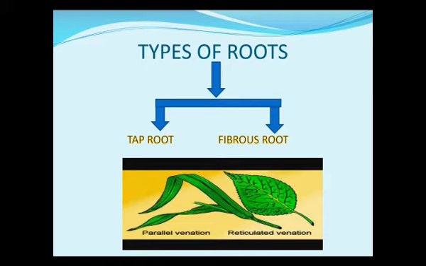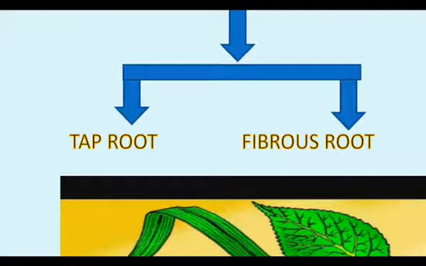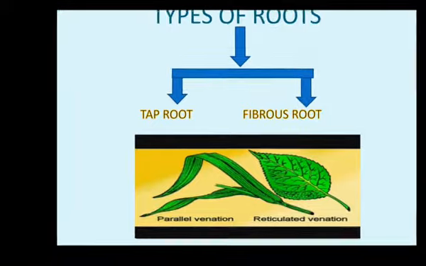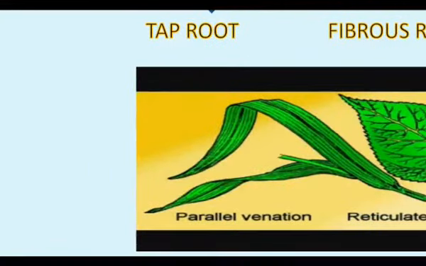Now we will study types of roots. Yes, the roots of plants are also of different types that we are going to study in this chapter. Mainly, the roots of the plant are divided into two types: taproot and fibrous root. Here in your book it is not given, but I am giving you the common specification for these roots. The plants which are having fibrous root, their leaves are generally like this. They are having parallel venation, this kind of venation.